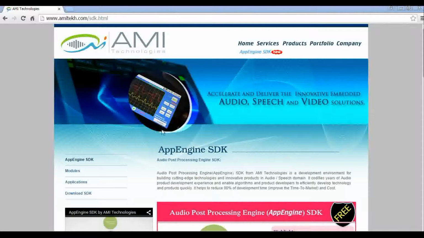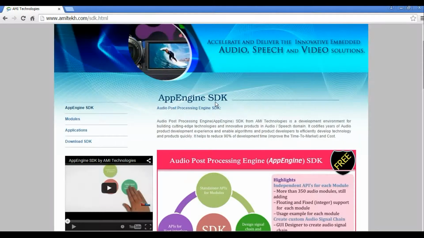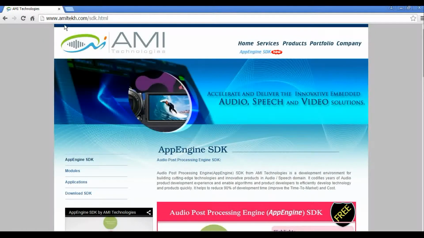Thank you for your interest in trying out our audio post-processing engine SDK. We call that the APP Engine SDK. To download the SDK, visit our website